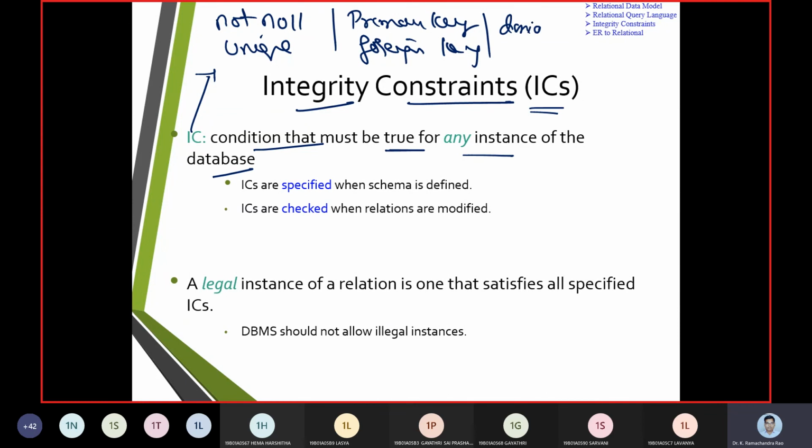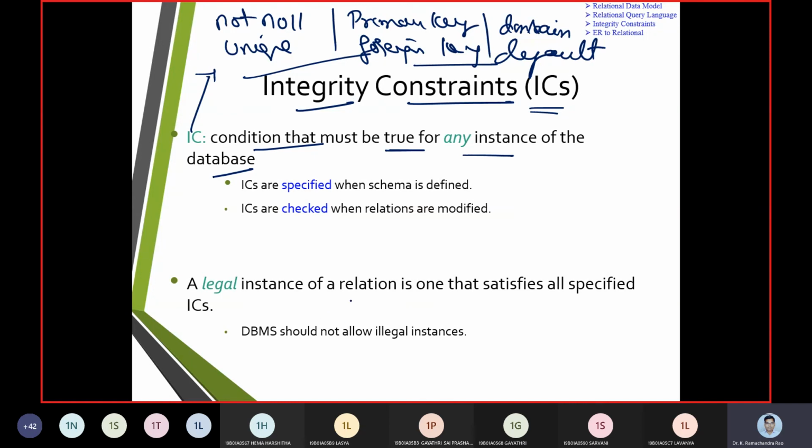We can also make a domain, or use a default value. These are some of the ways integrity constraints are represented. When we put integrity constraints over a table, at any point of time the integrity constraint should be met. That is the key understanding when working with integrity constraints.